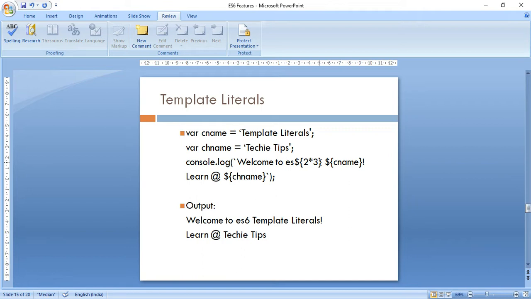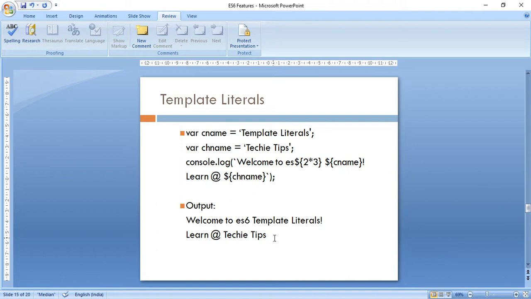We can provide a new line character or multi-line strings, white space, or variables. Anything we can implement using template literals. So the output, you can see, is welcome to ES6 template literals and learner tickets. So variables are used, numbers are used, the expression is being used, and